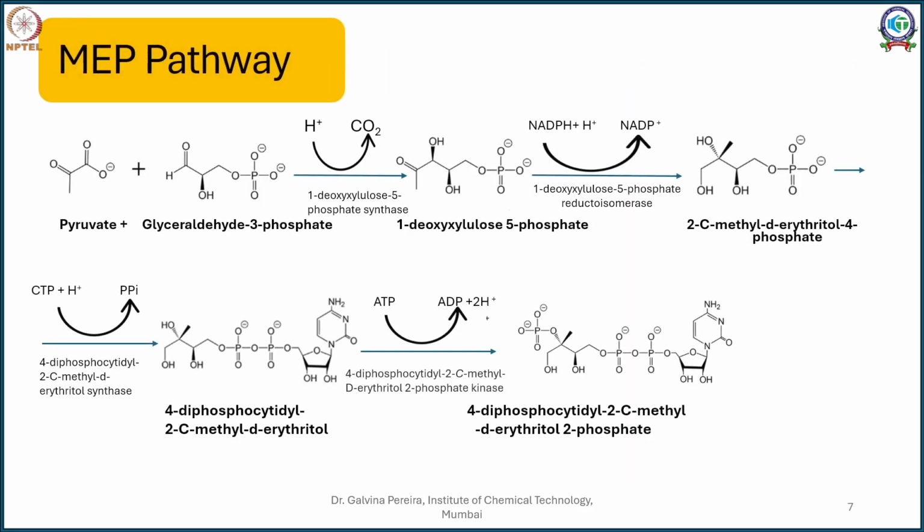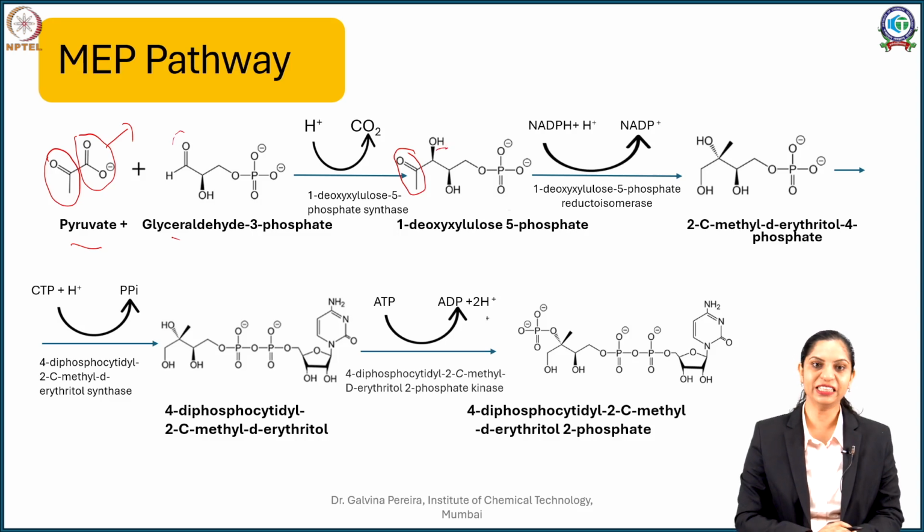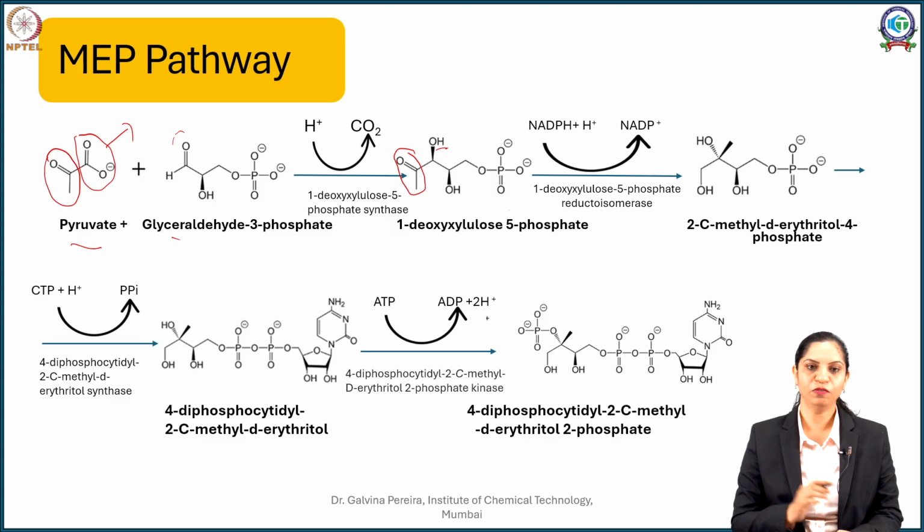So a molecule of pyruvate condenses with glyceraldehyde 3-phosphate. Now what happens in this process is, you can see your pyruvate condensing here, and our CO2 gets eliminated. So when CO2 gets eliminated, this joins here. Now you will see one more process happening, and that is this aldehyde gets converted into an alcohol. So pyruvate condenses with glyceraldehyde 3-phosphate and undergoes a decarboxylation in the presence of an enzyme, that is 1-deoxyxylulose 5-phosphate synthase. That is, it is involved in the synthesis.